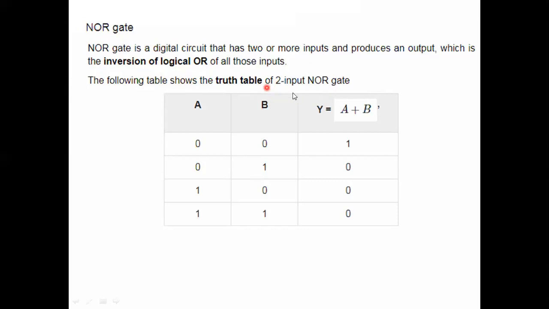Here we are taking a two-input NOR gate. Two inputs means four combinations: 0 0, 0 1, 1 0, 1 1. The outputs we get are 1, 0, 0, 0. So by observing this table, what is the statement? If all the inputs are 0, then only the output is 1. In that way we take the statement for this NOR gate.